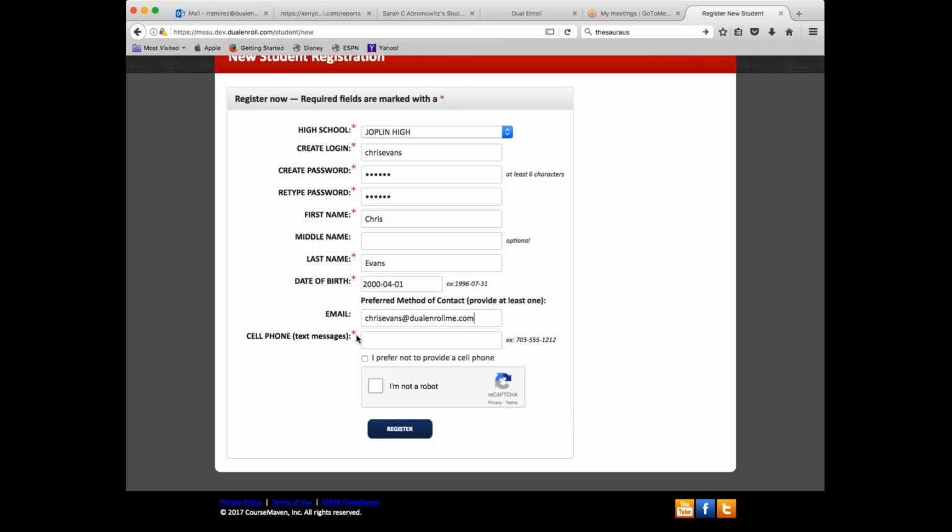You'll notice that the asterisk is on the cell phone, but if I check this little box that says, I prefer not to give you my cell phone, the little asterisk will move up to the email field, so you have met that requirement. We do need at least one. You are welcome to give us both. We find that most students do use their cell phone simply because it's a little bit more convenient, a little bit faster. I'm going to go ahead and then click that I am not a robot, and I'm going to